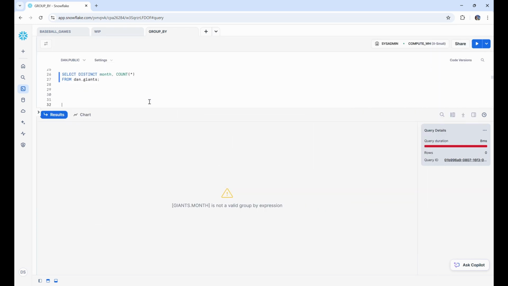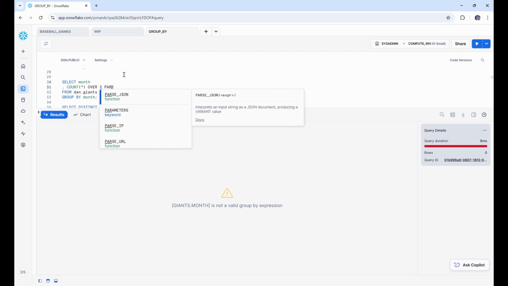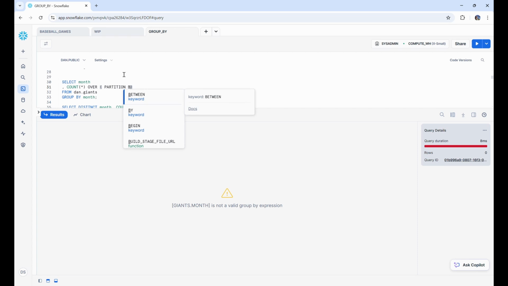Now there is another distinction here, and this one is probably a little bit more interesting. Let's again paste these two queries. Okay, and now let's change this count from being an aggregation function into an analytic function by adding the keyword over. And let's partition by the same field that we're using for the grouping, which is partition by month. Okay, and I'm just going to give it an alias of C for count. And when I run this,